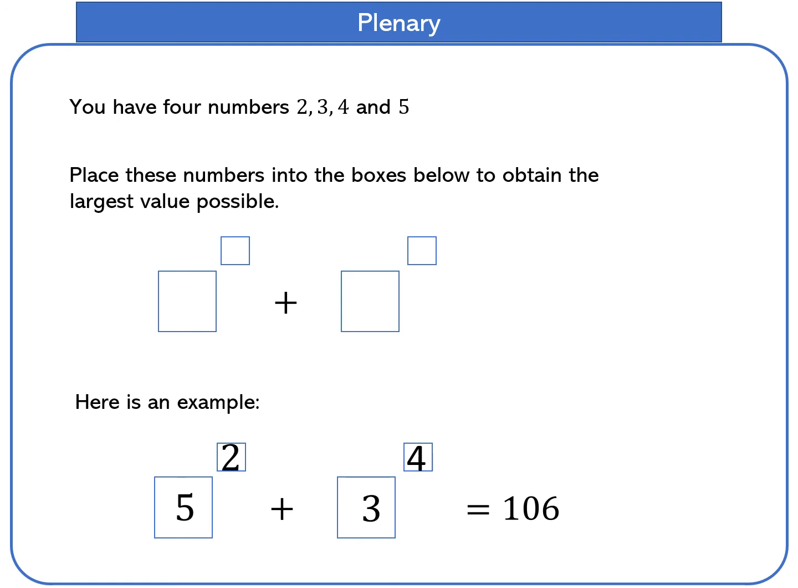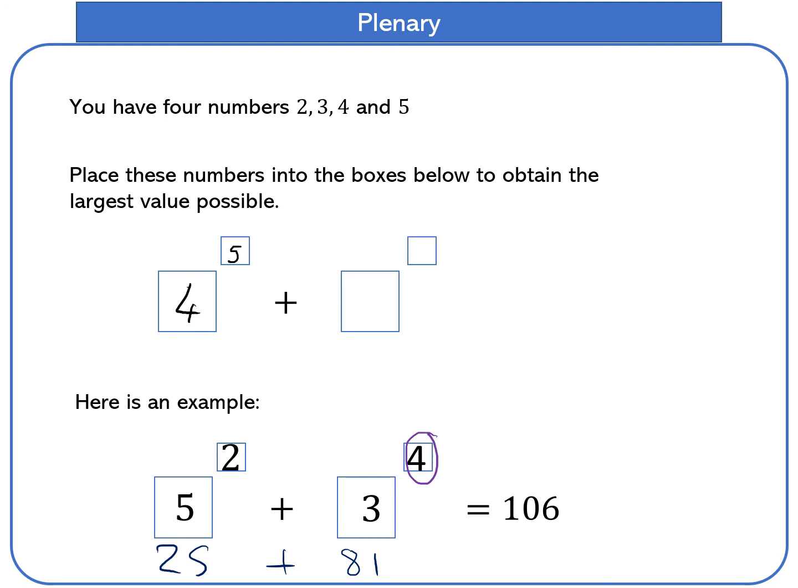Here's an example. 5 to the power of 2 plus 3 to the power of 4 is 106. When I considered this, 5 squared is 25 plus 3 to the power of 4 is 81. So this power of 4, or high power, is really important. So the best answer I could come up with for this problem was to do 4 to the power of 5